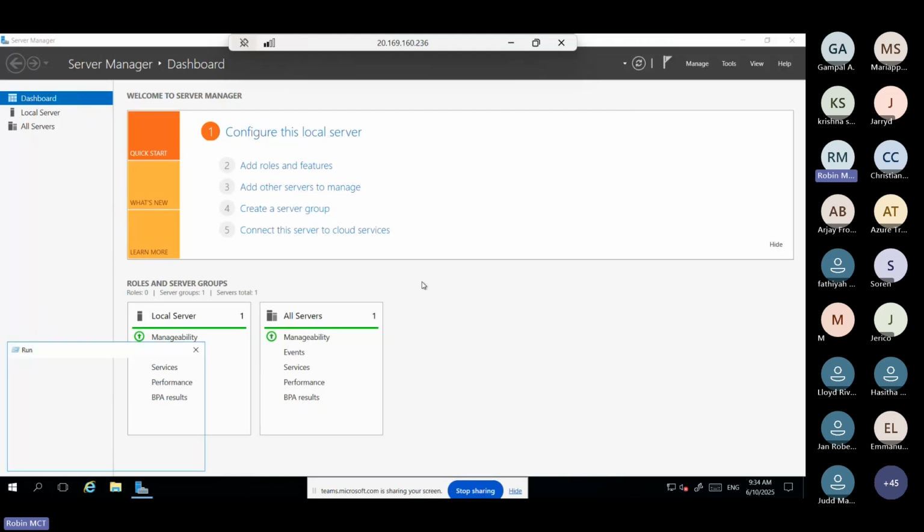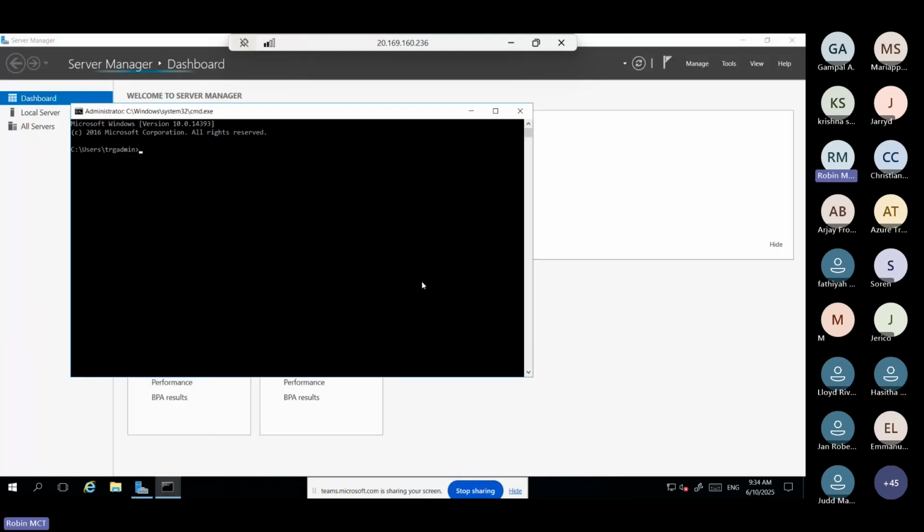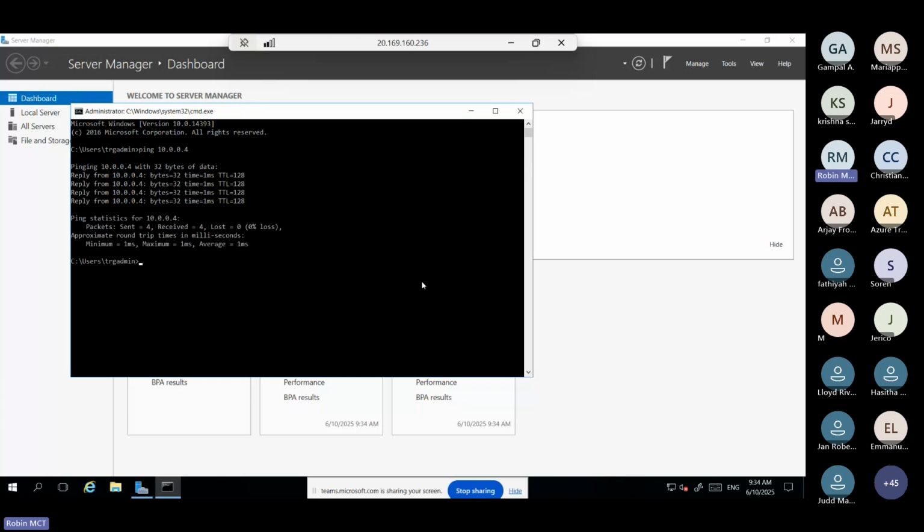Now let's see. I'm trying to ping the first server, and the IP address of the first server, which all of us are already aware of, is 10.0.0.4. This is subnet to subnet communication. If both are in the same VNet, you can enable it.